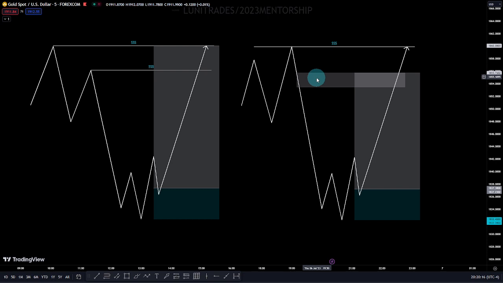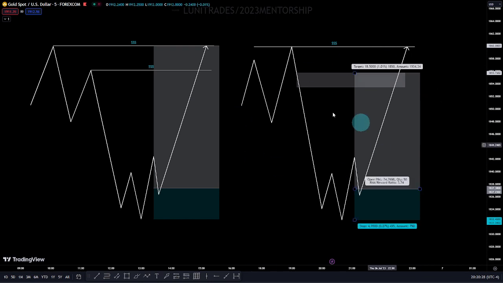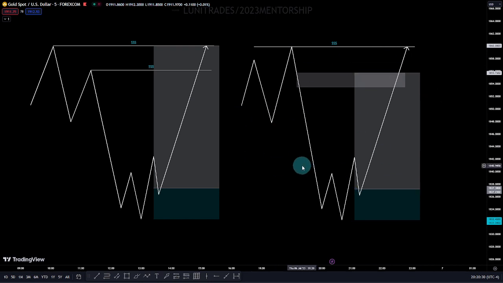So this is your internal liquidity. If price gets to this high, which is your external liquidity. Now, if you have another equal highs here, also your external liquidity. So now you can understand the difference between the internal and external liquidity, low resistant and high resistant